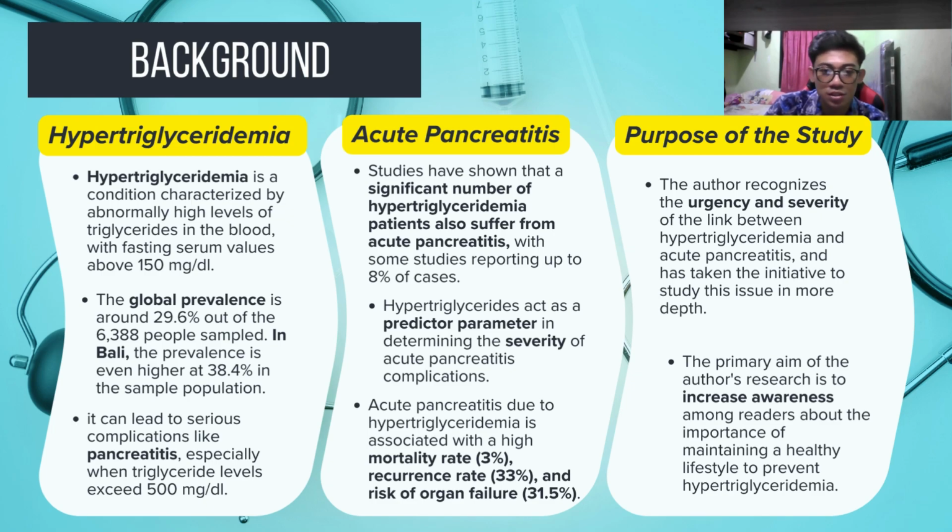Acute pancreatitis is a condition where inflammation begins in a short time because of pathogens or any other substance. Studies have shown that a significant number of hypertriglyceridemia patients also suffer from acute pancreatitis. Hypertriglyceridemia acts as a predictor parameter for determining the severity of acute pancreatitis. And acute pancreatitis due to hypertriglyceridemia is associated with a high mortality rate, high recurrence rate, and high risk of organ